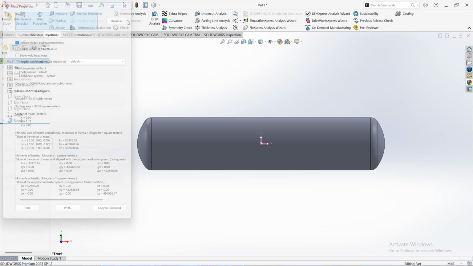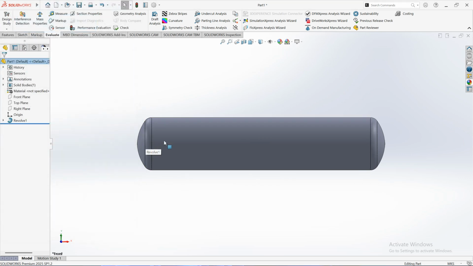And now I want to find the volume of each and every cross section, okay? Each and every cross section. So how I can do this is I'll use the top plane. I'll make it visible, okay, so I can see this. And I will click on this plane. And so what I'm going to do is